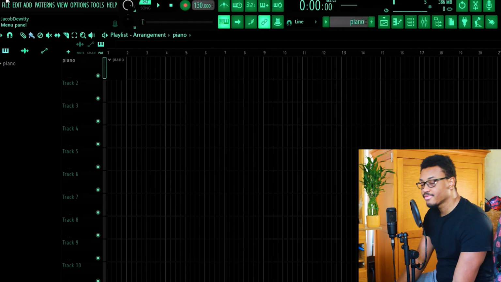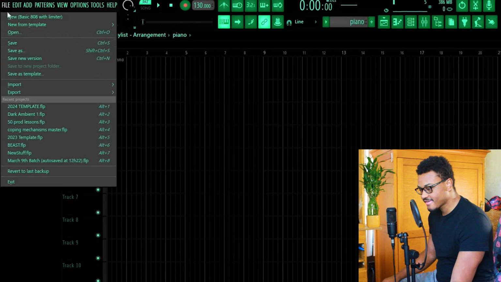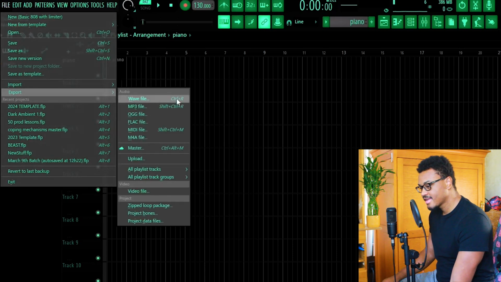And finally, once you're ready to export, all you have to do is hit File, Export. Again, you can use a WAV file that is going to be high quality, but of course take up more space. Or if you need an MP3, which is usually for things like SoundCloud, etc., you might need an MP3 instead. And you can name your